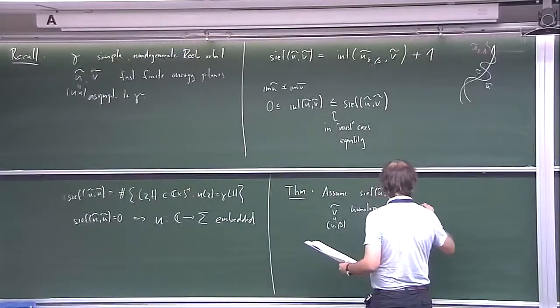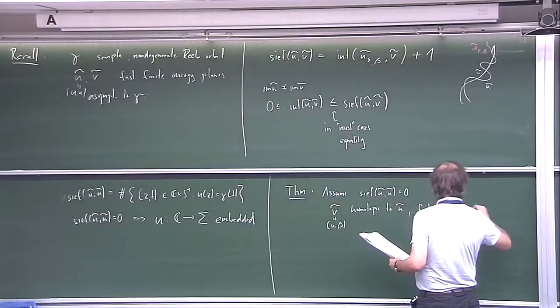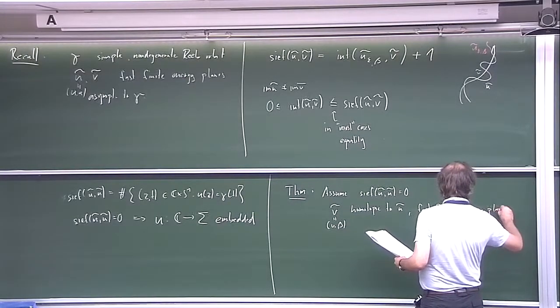That's also a fast finite energy plane asymptotic to gamma,